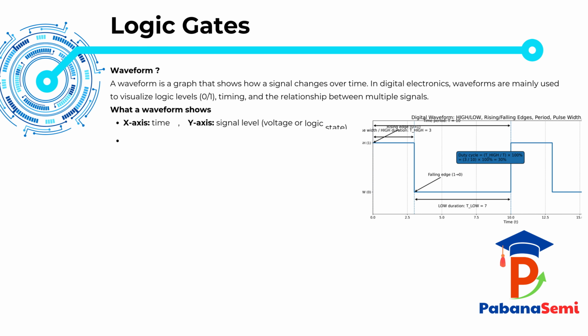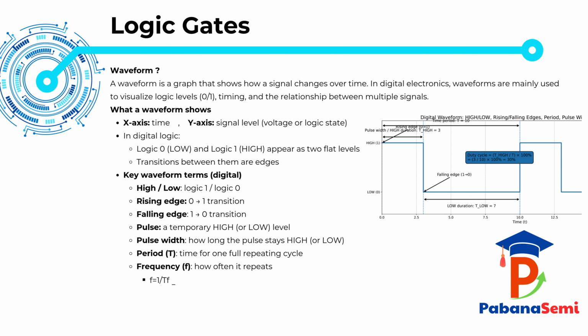Now, let's understand what exactly is a waveform. A waveform is, simply put, a graph that shows how a signal changes over time. In digital electronics, waveforms are extremely important. Why? Because they help us visualize logic levels, timing, and the relationship between multiple signals in a circuit. A waveform has two axes. The x-axis represents time, and the y-axis represents the signal level, either as a voltage or directly as a logic